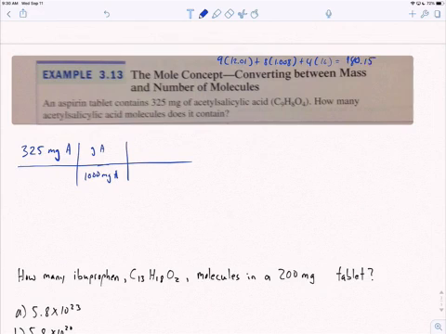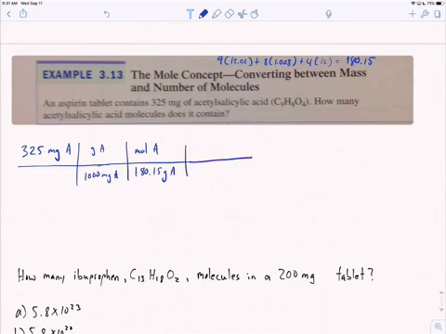Not everything is 180 grams per mole, that's just luck. So then we have a mole of aspirin to 180.15 grams of aspirin,